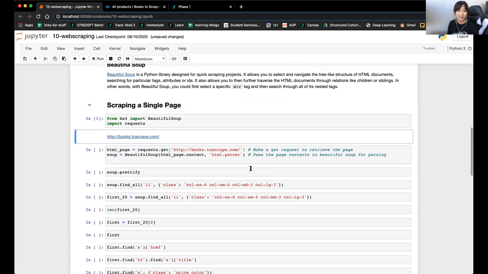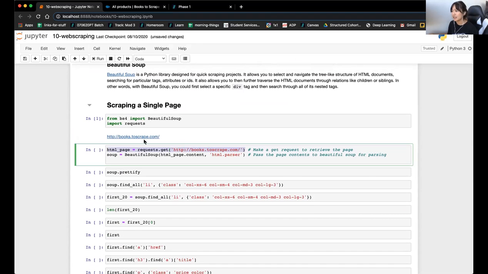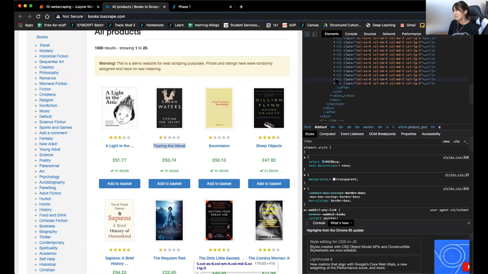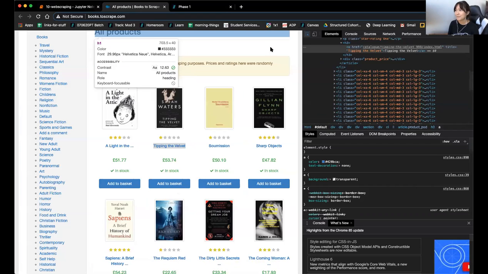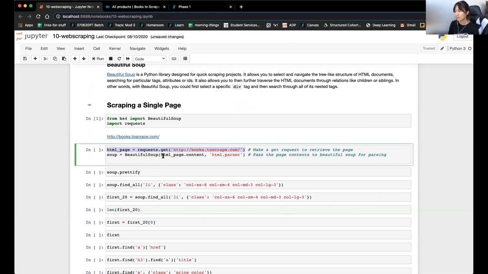So very simple to start, to set up. You start by doing a GET request. And what's really good about Beautiful Soup is they actually have an HTML parser. And a parser is basically something that helps you translate what seems to be a bunch of text. This parser that we're putting in here